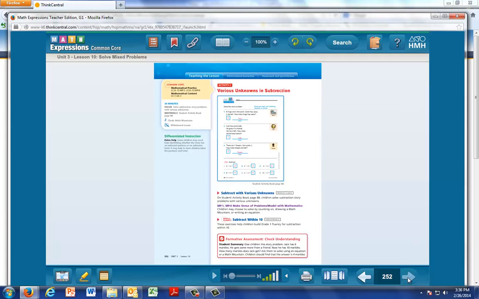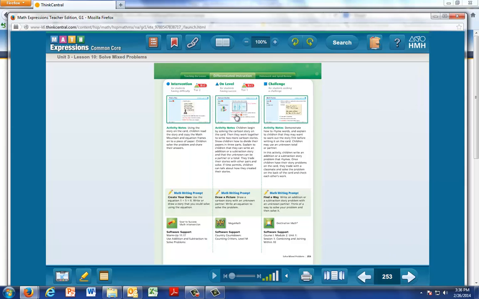And at the very end of the unit is this 3-column page that gives you your group that's struggling, your intervention group, your on-level group, and your challenge group. And if I had some kids who needed more to do, or wanted some practice at home, I'm going to assign them leveled practice, the Sword of Success, Mega Math, or Destination Math, based on what groups